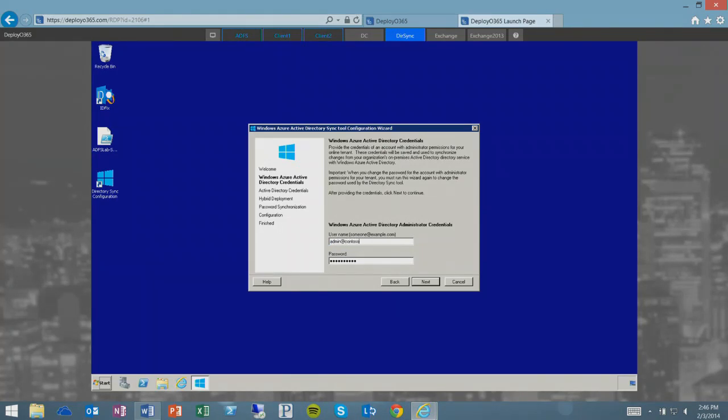And we always like to use Contoso. So that's my Office 365 creds. It's going to check those and make sure that I am the right person to be doing this, and I have to be the global admin who's doing this. Give it a second as we go. And the next thing it's going to ask me is my on-prem Active Directory.